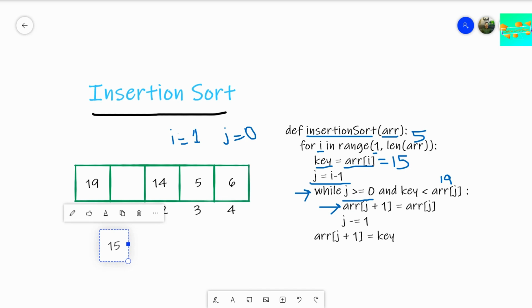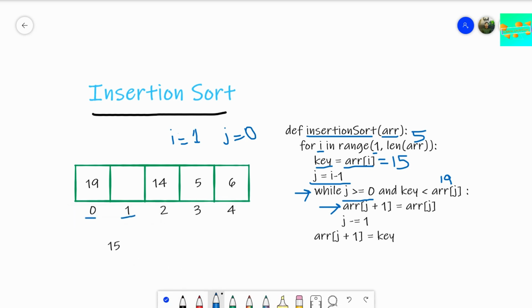That's our key value, which we considered as 15. And here after this statement, array of j plus 1, we are assigning array of j.